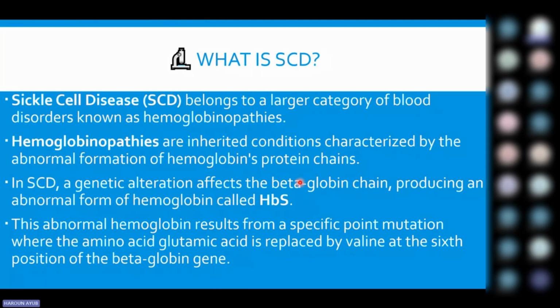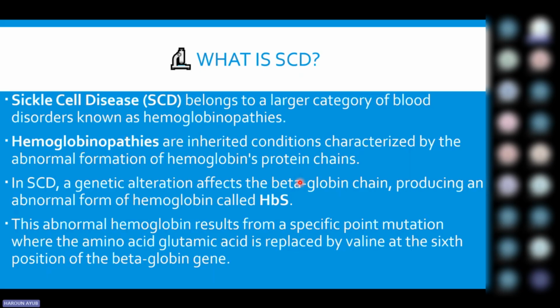So let's start off with what is sickle cell disease. It belongs to a large group of blood disorders known as hemoglobinopathies. Hemoglobinopathies are inherited conditions that are characterized by abnormal formation of hemoglobin protein chains. In sickle cell disease, a genetic alteration affects the beta globin chain. For SCD, the beta globin chain is what is majorly affected. This will lead to production of abnormal